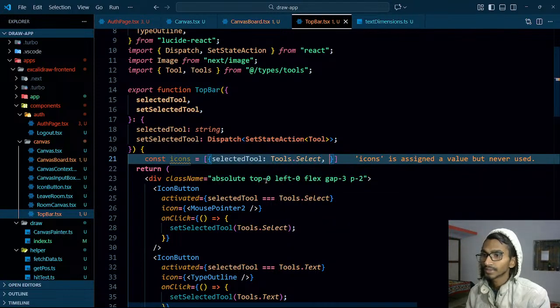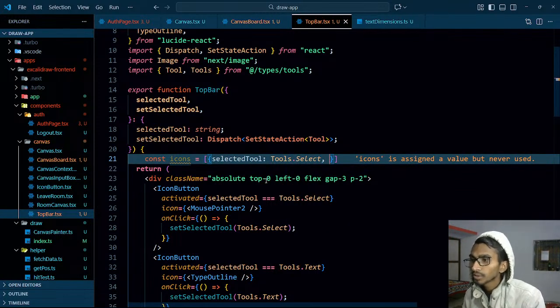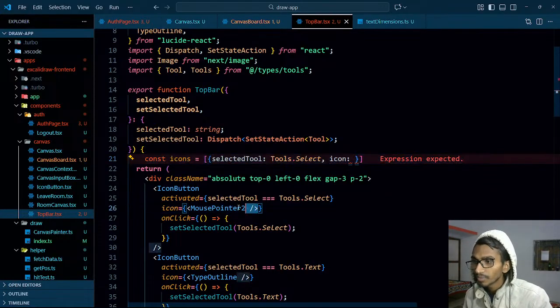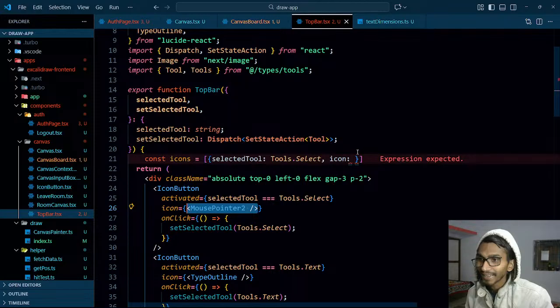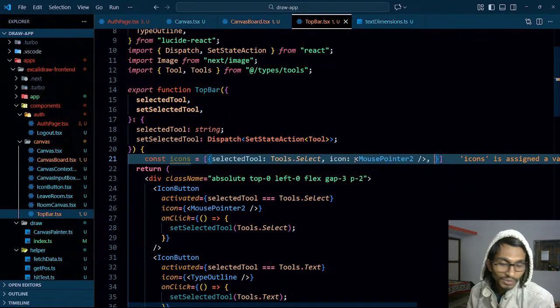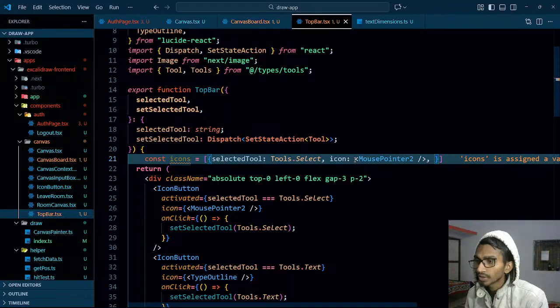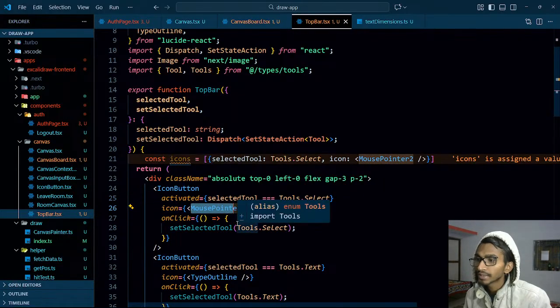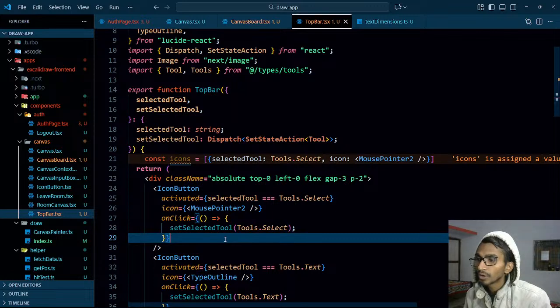Tools.select this thing. Then I need to have icon, so let's have icon as well. Icon is going to be mouse dot. I'm actually creating an array of all the buttons, so that I have to write only once, and then I am setting the tool. That is it. These two things I need inside my object, like this tool select I need, and this mouse pointer I need, and tools.selector will come from